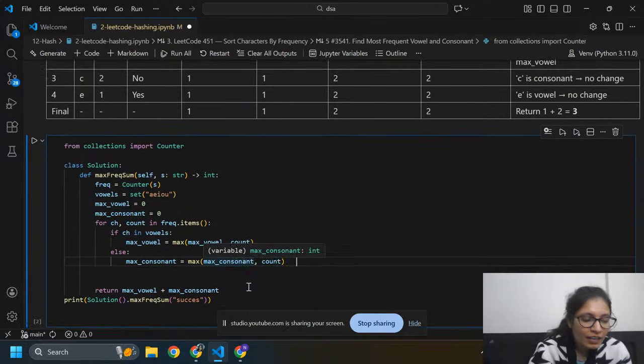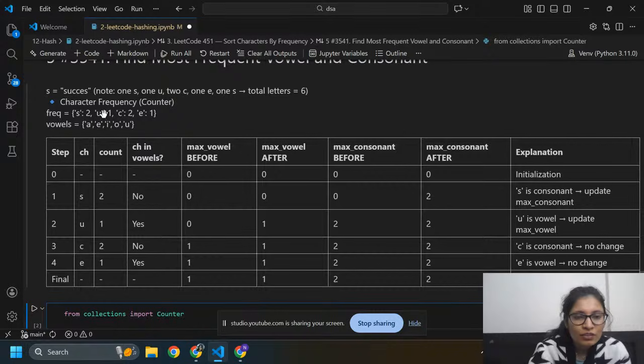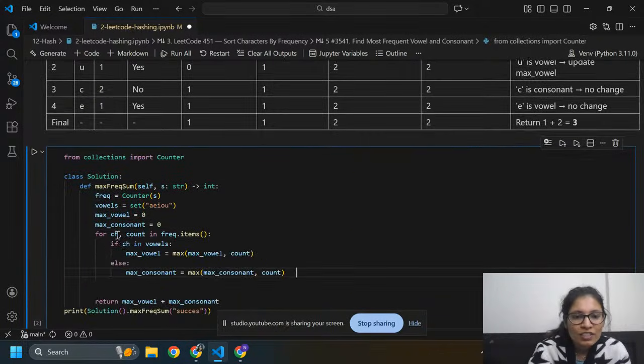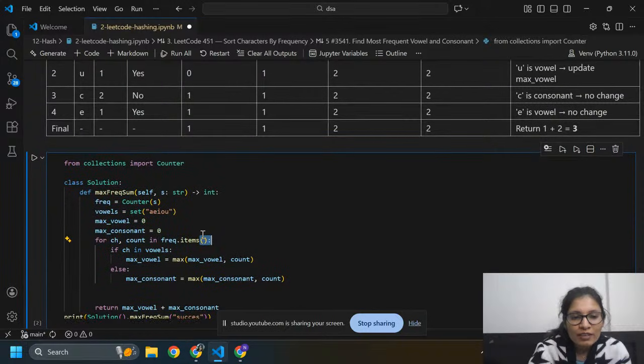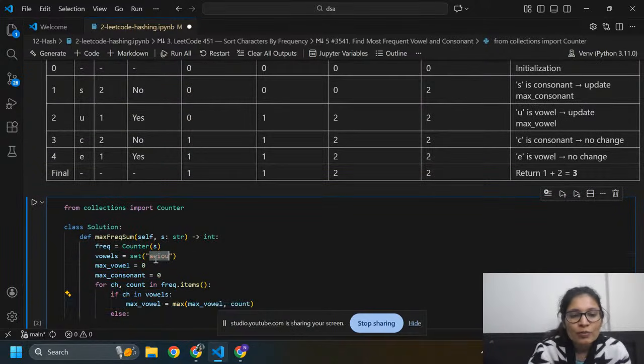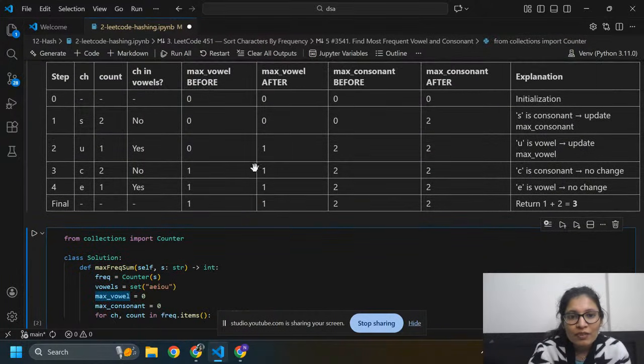Next I am going to take ch equals u, and its count is 1 in frequency.items(). Yes, and u is present in vowels. So if ch in vowels, yes, u is present, then max vowel will become 1.